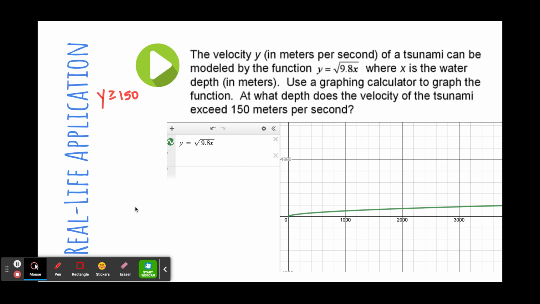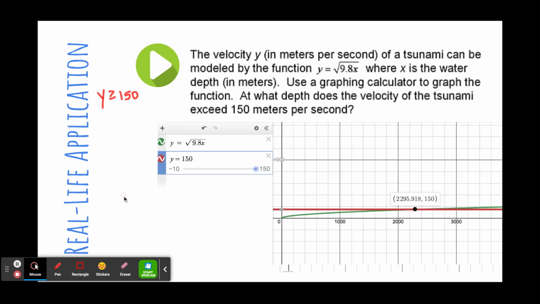I went ahead, and the only way to really show you this was to kind of add a system. And so I added a horizontal line of y is equal to 150 so you could see where that would intersect. So here's our y is equal to 150, the red line. This is our original function. And the place where they intersect right there, and you can see that because the output is 150, the input is so close to about 2,300 meters that's what we would probably say. That at what depth we'd probably say,